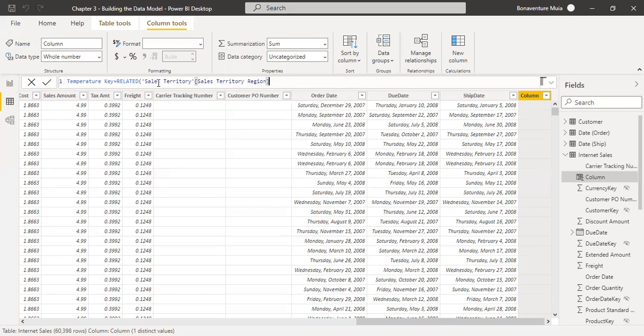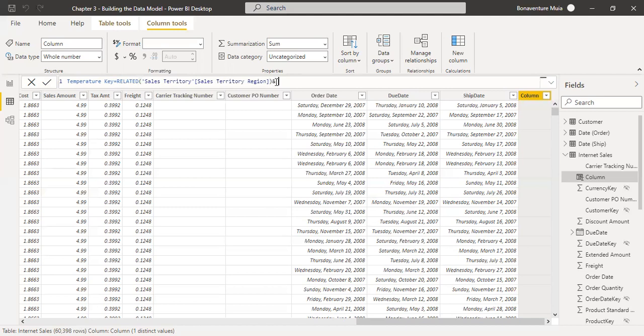This is Sales Territory, which is the name of our table, and Sales Territory region is the name of our field. So we have been able to get the region details from Sales Territory. We are using this function called RELATED. After getting that, we want to concatenate that